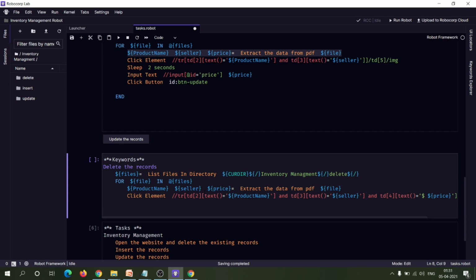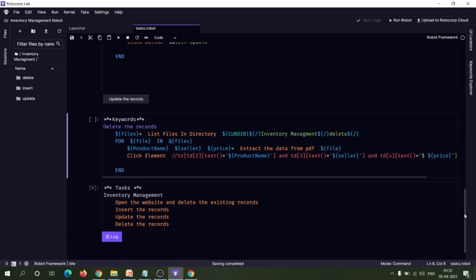So this is the entire operation. Now we can close this for loop. In this way we have completed our next process, that is deleting the records. What we have done is iterate through each file under the delete folder, and then click on the delete button corresponding to the given product name, seller name and price detail.